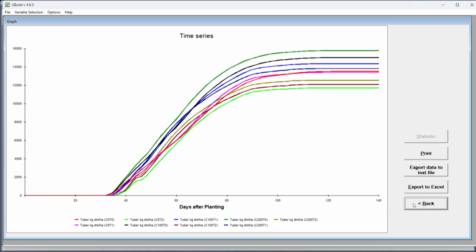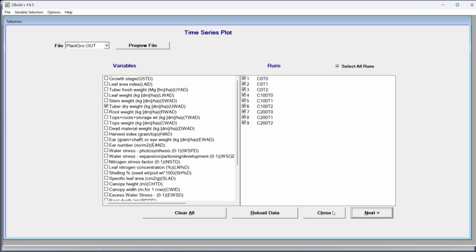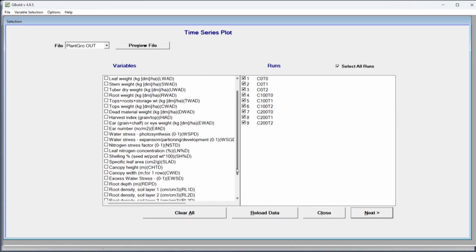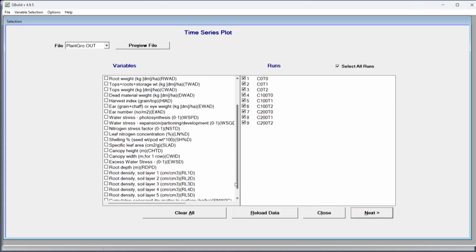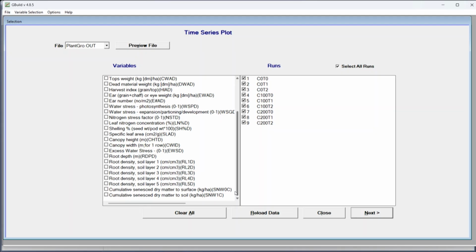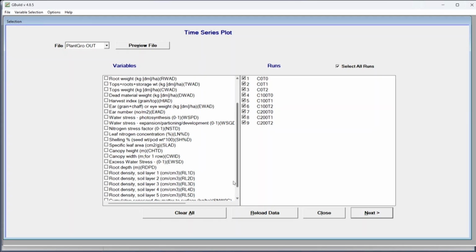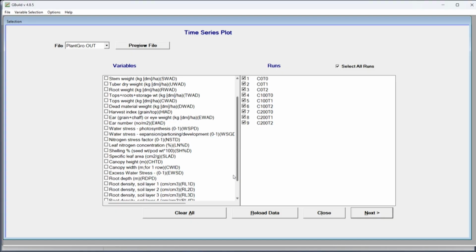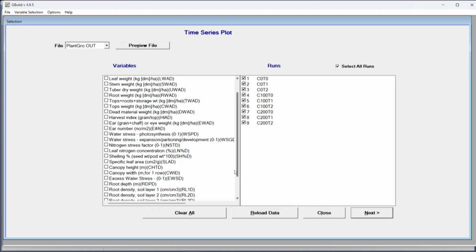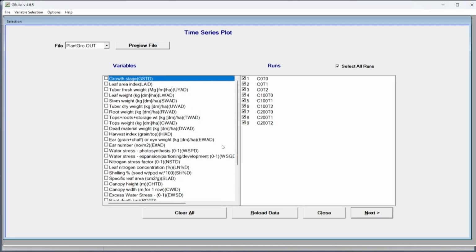So, you can go back, and here if you wish to see the different parameters, there are many, as per the water level or the nitrogen level. So, these are the different variables as per your interest. You can click and highlight and make the figure, and you can get the data also. Data can be exported to an Excel file.